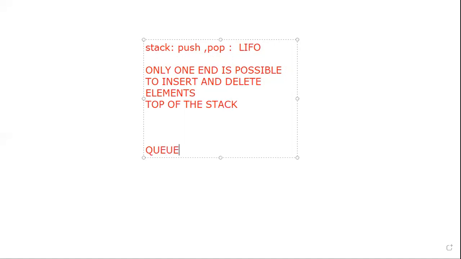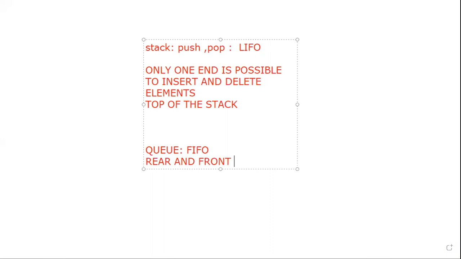Just differentiating these two. Queue means a linear data structure that will follow first in, first out fashion. It has two ends, rear and front.